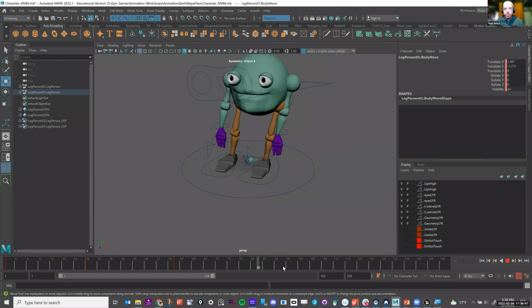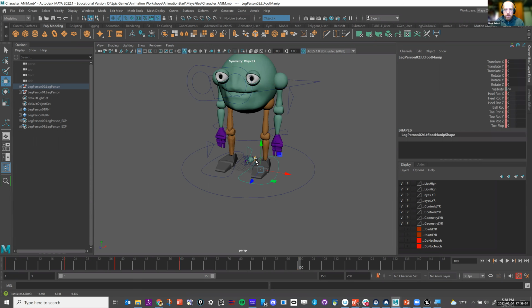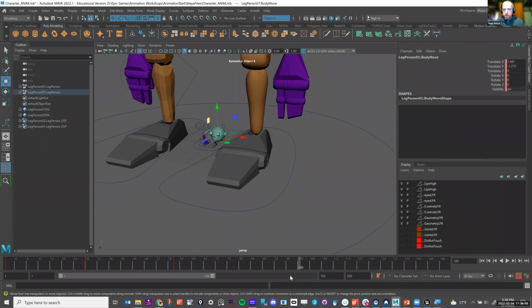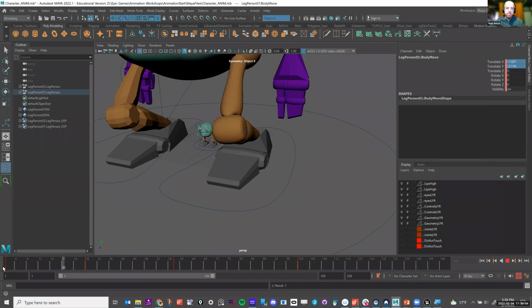We'll have them end at the same place. This one ends at 100, and this one will also end at 100. So I'll go to frame 100, and we'll just set this back to 0. They're going to be animating at the same time and then coming back up.